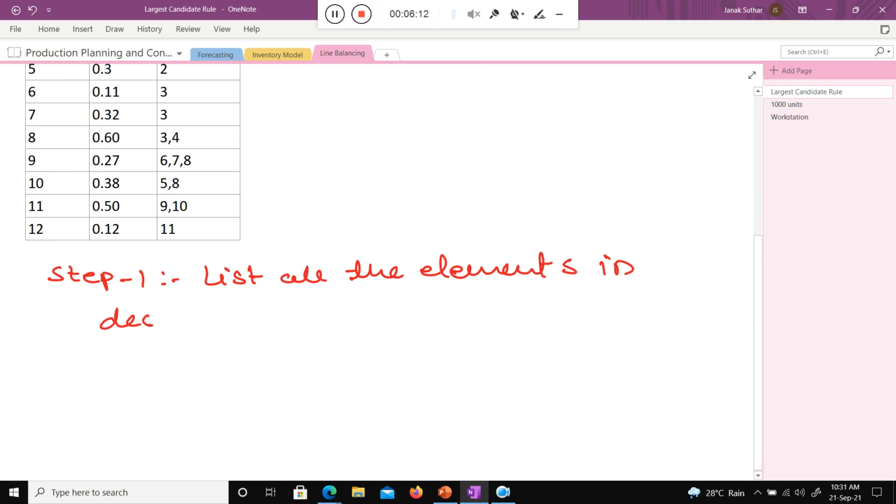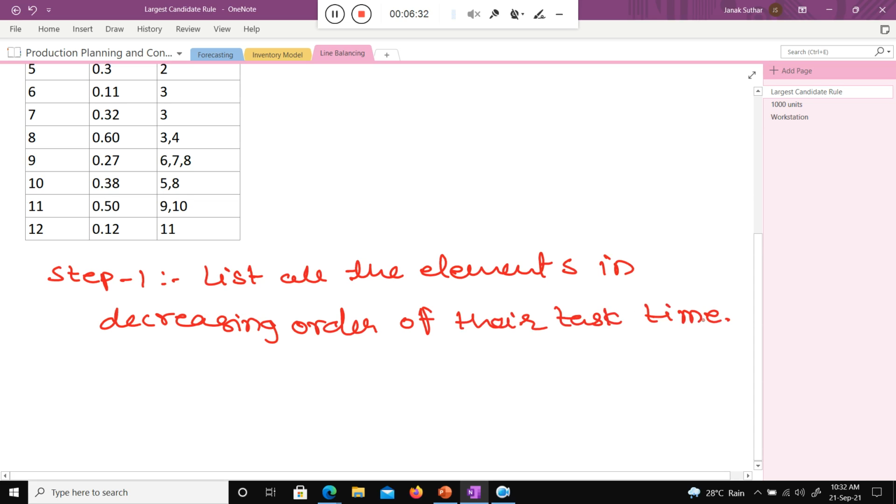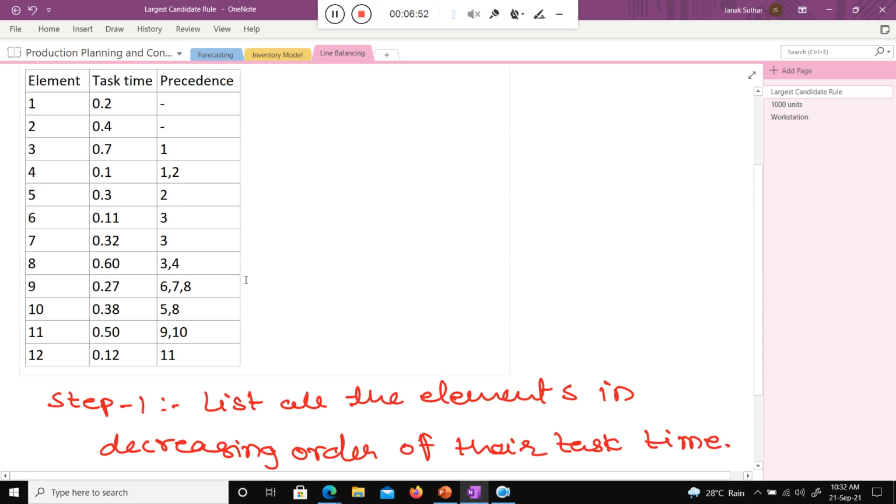So when I want to apply the largest candidate rule, the first step is you need to arrange all the elements in decreasing order. So I need to arrange all these work elements in decreasing order.